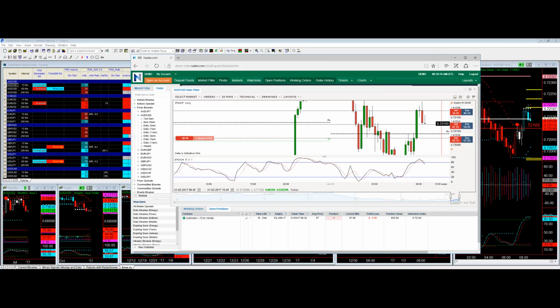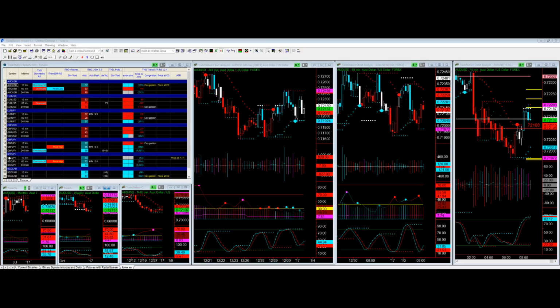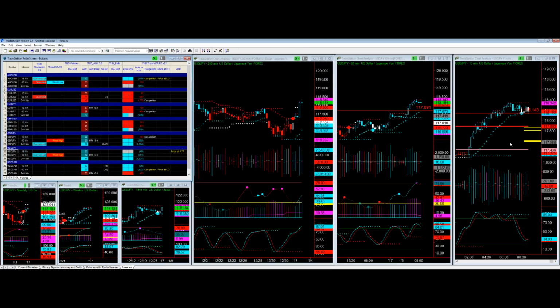All right, it looks the same, but it's not, okay? The USD JPY, do you see how we're at an ATR? And we're going long, okay? This is telling me down, this is telling me down, okay? If this was at a congestion dot and I knew it was going to go back and test the ATR, I would have taken the trade, okay?